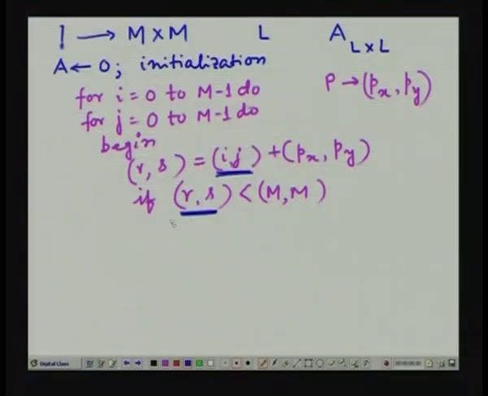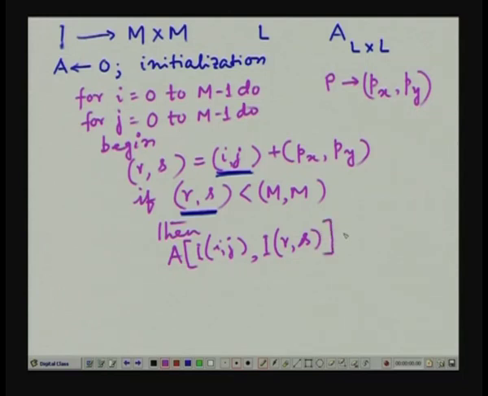So, our operation will be that if this is true, then A[I j, I R S] has to be incremented by 1. So, this becomes A[I j, I R S] plus 1,